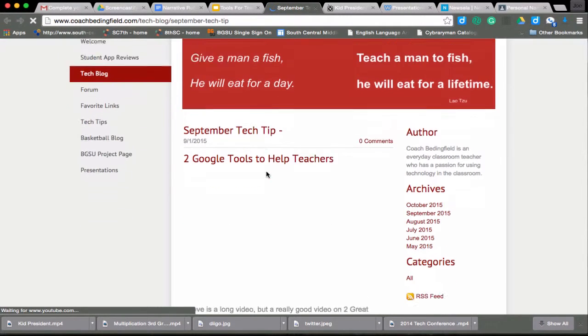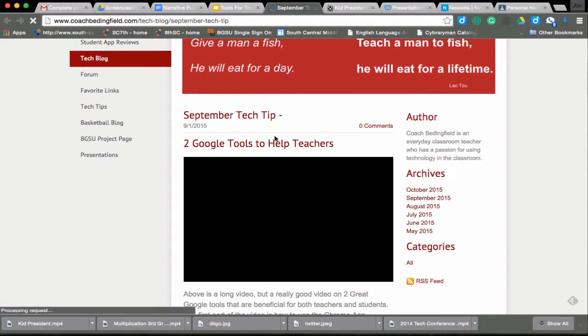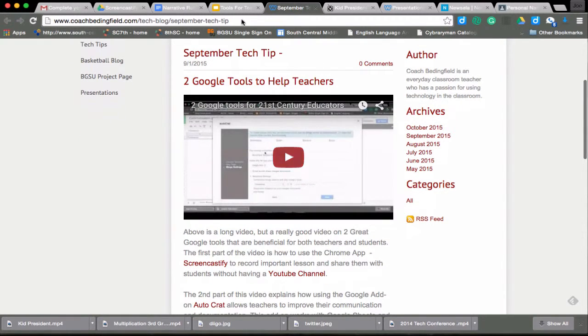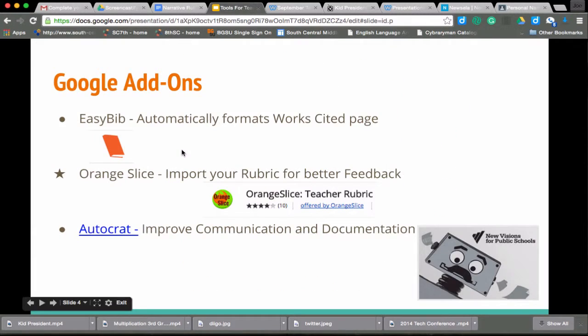Now this other one, I'm going to let you click on that and go to my September tools to get my video on how to use AutoCAD, how I use AutoCAD. If there's more time in the session, I will show you, but I'm going to move on to some other